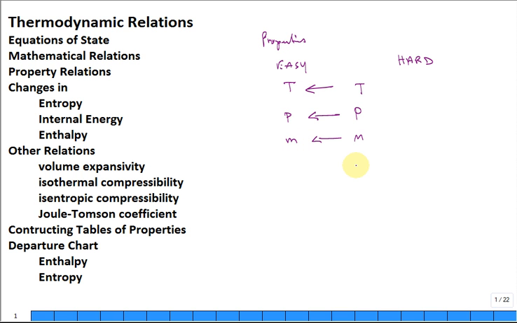We're getting to some hard. Just give me a minute. How about density or specific volume? Density or the inverse, 1 over specific volume. Easy or hard? It's pretty easy, actually. But let's do internal energy. You tell me how you're going to measure internal energy. Hey, it's a property. We've been talking about it for the last 2 semesters. I think we're going to put finally somebody in the hard category.